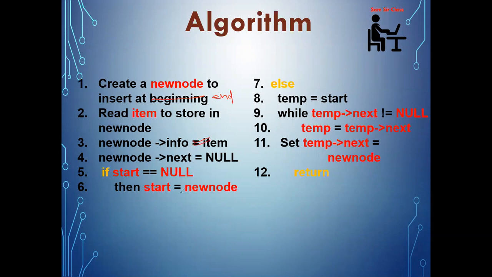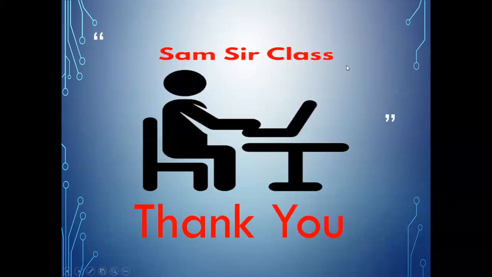After that, you are checking whether you are doing the insertion for the first time or the rest of the time. If it's the rest of the time, then you cannot change the address of start. So you are assigning it to temp and then you are searching for the last node. Finally, you get the last node after this while loop. So the last node's next part will become the new node and it will be connected. So the algorithm is simple, like the program. I'll suggest again that everyone should execute the program and experience the beauty of single linked list. Thank you everyone for watching this.